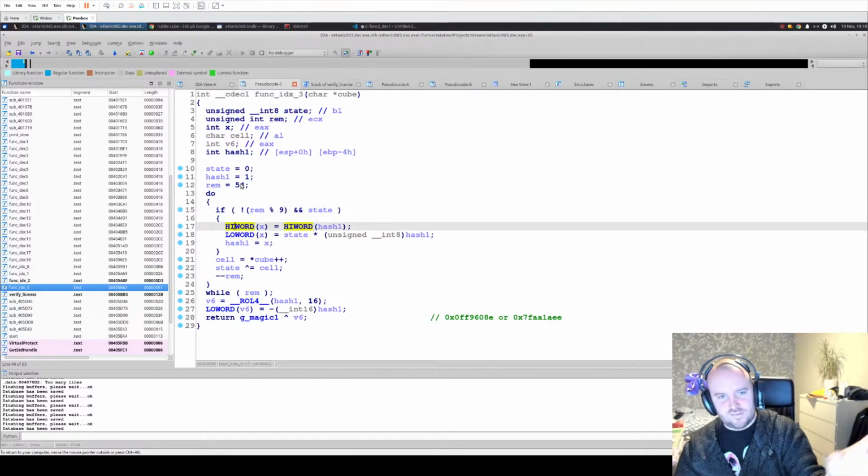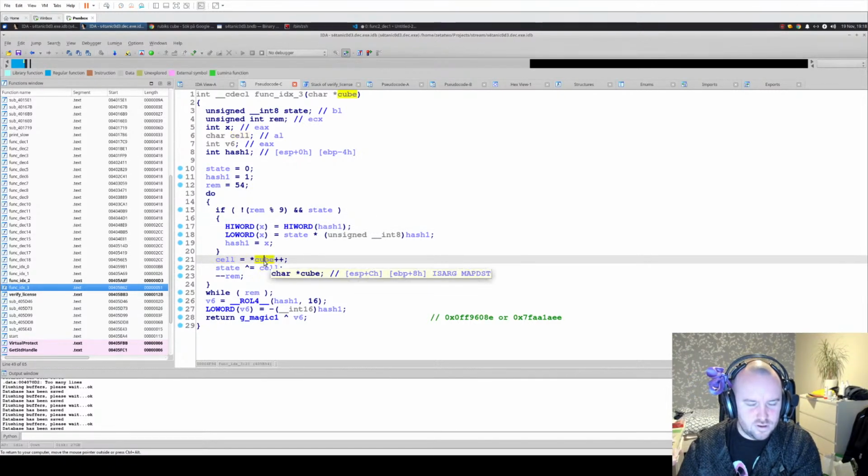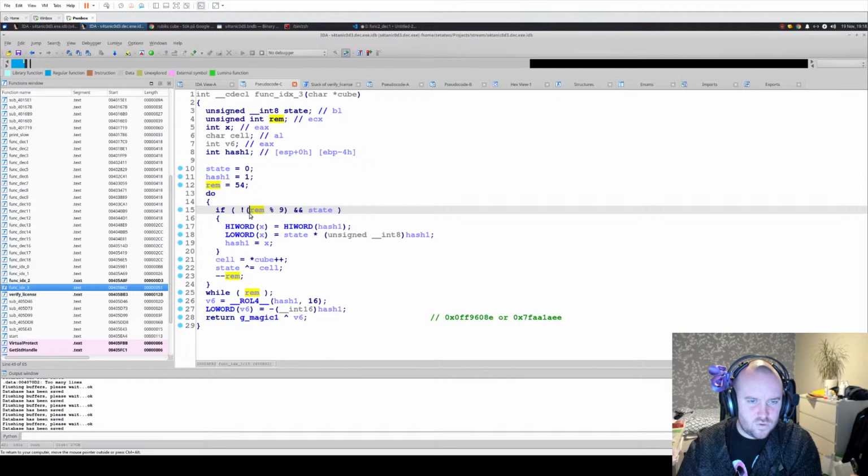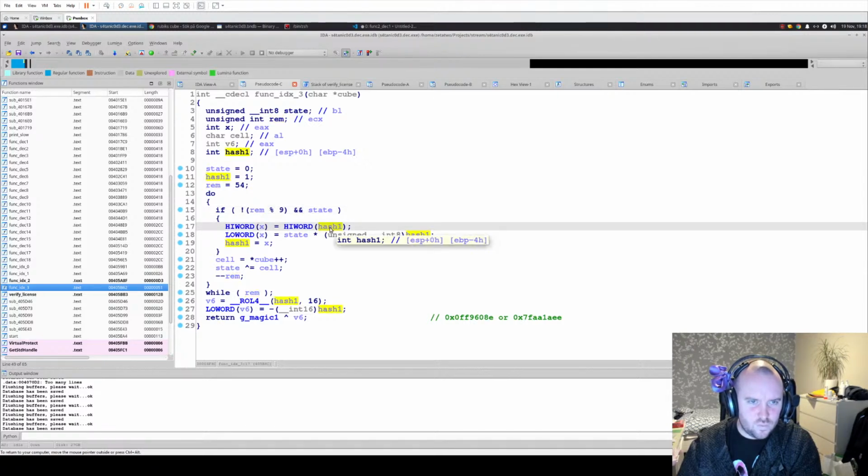So we go through this phase by phase on the cube. We get the current value of the cell, we XOR that into the state, we decrement this, and then when we have done that for one full phase, we do this where we